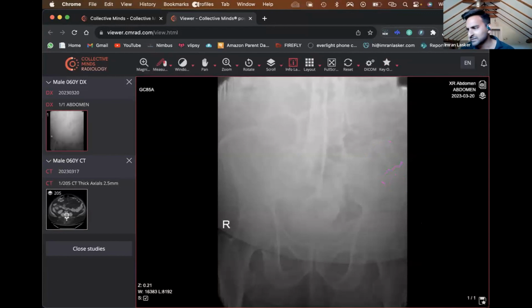So anyway, we've got this bowel over here like this. And then what you want to do is see if there's any air on the other side of the bowel, and that is where